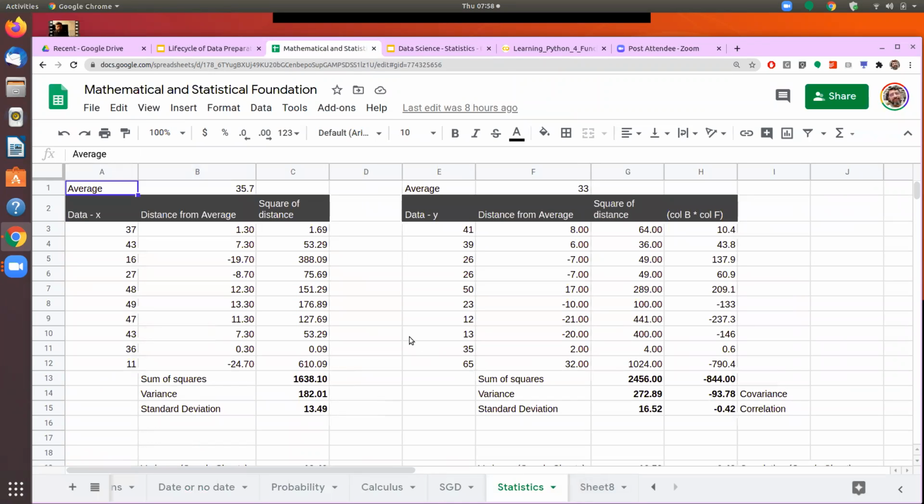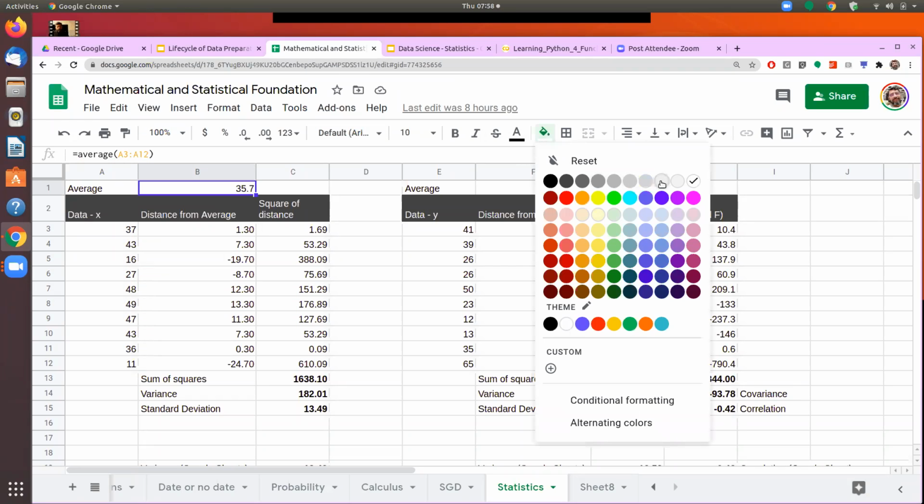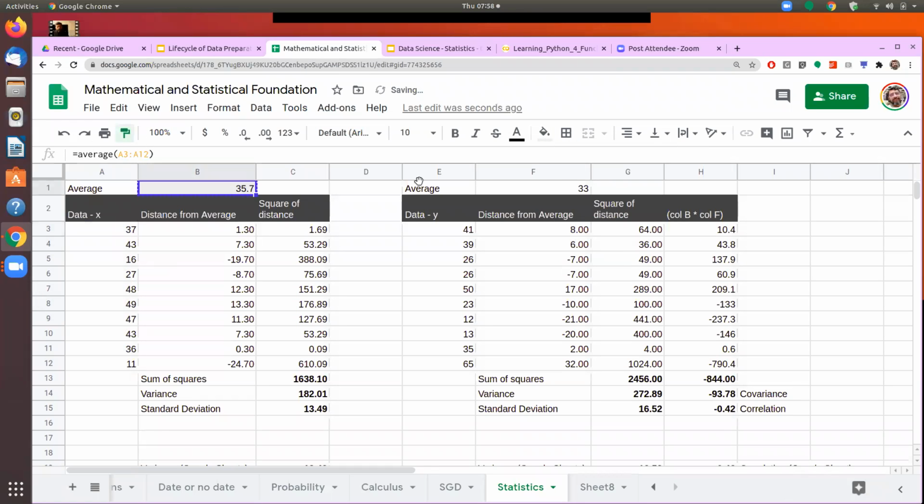Well, if you can see my Excel sheet. So you see I have taken just some data set. I have 10 data elements in my data set, which is seen here. So I compute an average here. I will just highlight that. So I compute the average, which for this data set comes to 35.7.